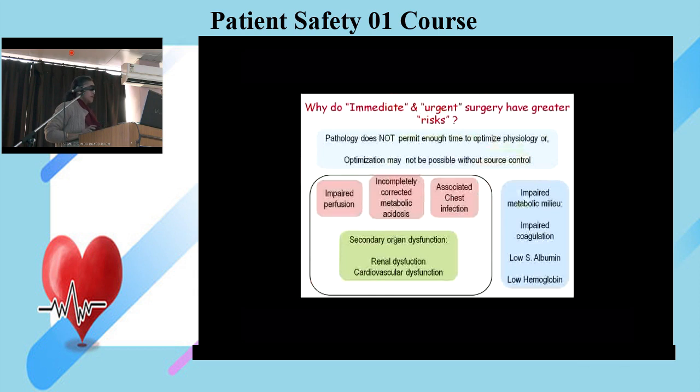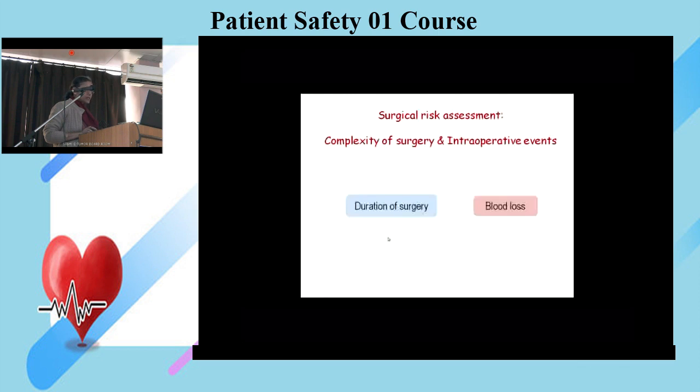And here the patient is very often wheeled into the theatre with impaired perfusion, impaired oxygenation, and an incorrect metabolic milieu, and that is why Dr. Puneet said that if you handle patients with ASA grade 3 and 4, you are paid higher. Now, the others are duration of surgery and blood loss. And regarding blood loss, I would say that as a surgeon and also for the anesthetist, the most difficult scenario